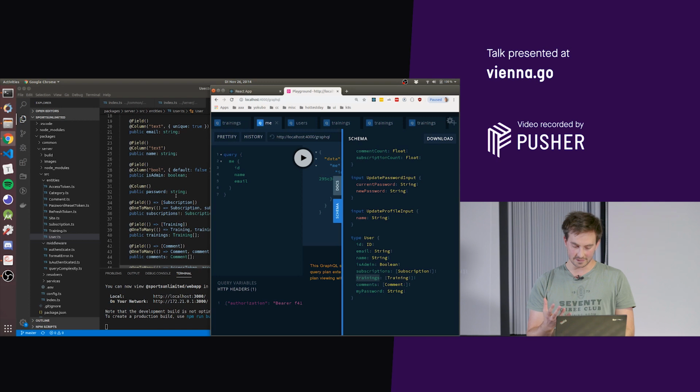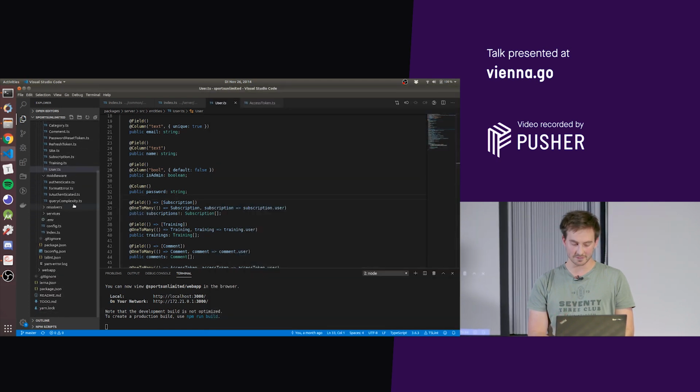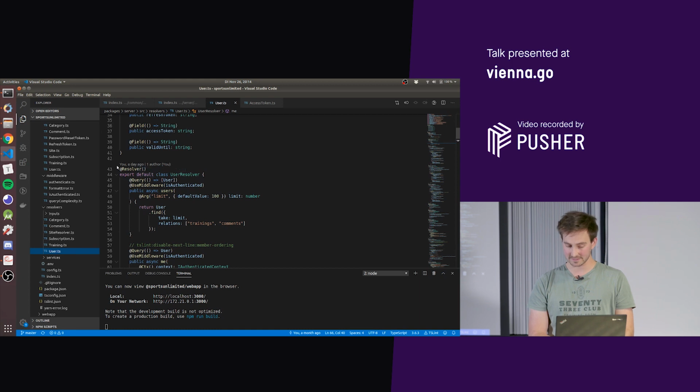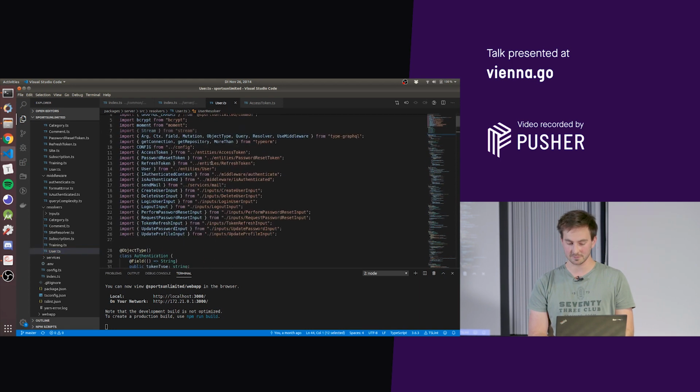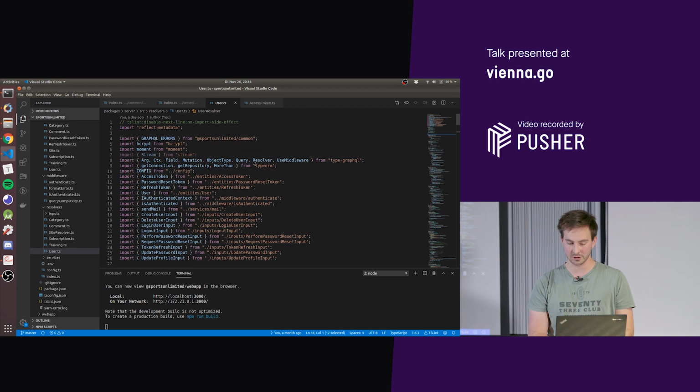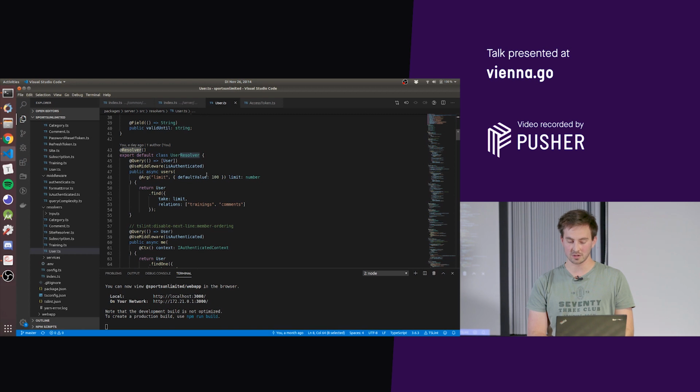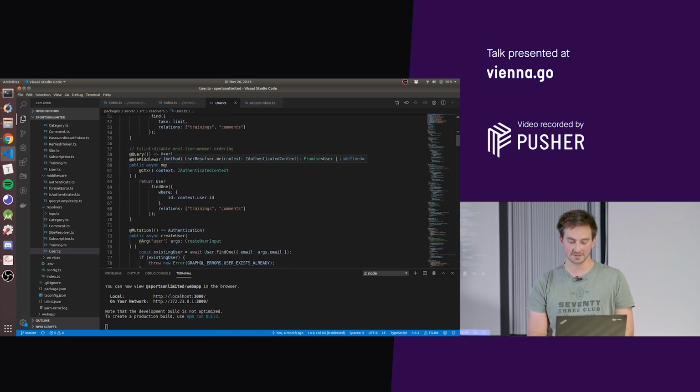Now, the way we get the data from our backend is by writing resolvers. So here on this user resolver, for example, we can see it's a class annotated with the resolver class, which also comes in from this TypeGraphQL library. And then on this class, we have all our queries and mutations which are related to the user. So here, for example, we can see this me query I've been talking about. And we're getting an argument named context, and based on this, we can return the user which is currently